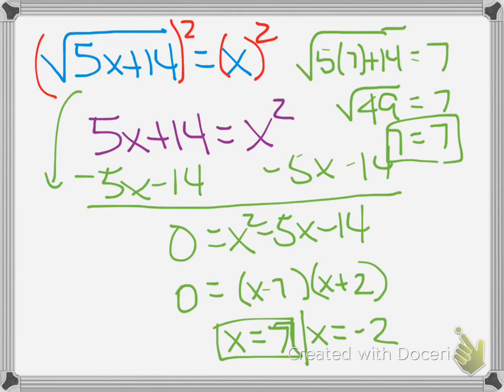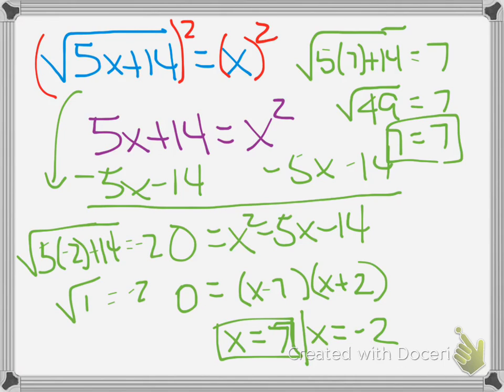Now let's check negative 2. Again, evaluate your left side for me, please. And what is the square root of 4? Does that equal negative 2? No. Therefore, x equals negative 2